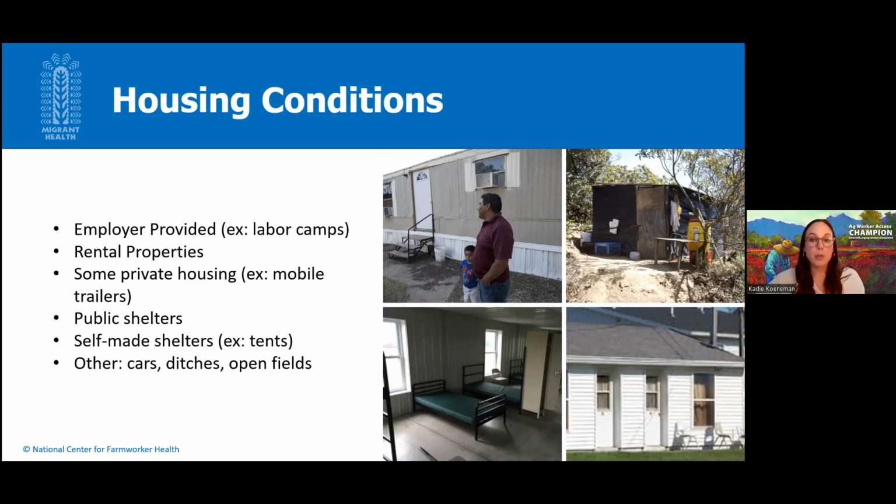Some ag workers have their own private housing. This is about 35% of the population, and this is usually the case for our seasonal workers. Private housing is not subject to federal regulation. Therefore, whatever is available to ag workers tends to be substandard and many times very expensive. So we will see workers living together under these conditions with family and relatives, which again creates a crowded living environment. In the absence of housing, ag workers may be forced to sleep in tents, cars, ditches, or open fields.